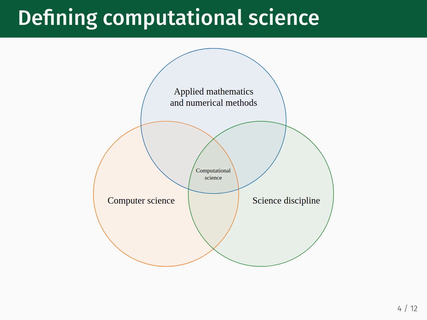Venn diagrams like this one are a popular way to illustrate how computational science operates in the overlap of multiple disciplines. Computational science requires knowledge of applied mathematics and numerical methods, which provides the necessary tools to numerically solve different classes of models and simulations. It also requires knowledge of computer science when translating numerical methods into computational algorithms. Finally, it requires knowledge of a specific science discipline when building a simulation and evaluating its outputs.